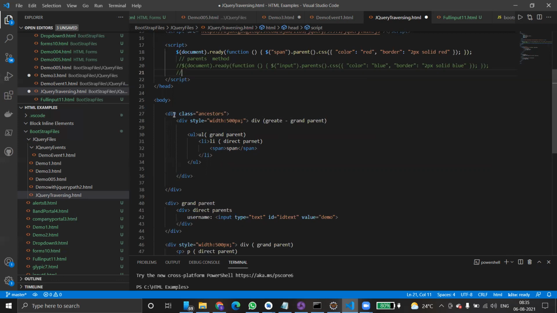There's another division called class, which is also an ancestor. That means the division is an ancestor to the span, and another division is a great grandparent to the span, and the ordered list is a grandparent to the span, and the direct parent is the list item. That's how we have to understand.